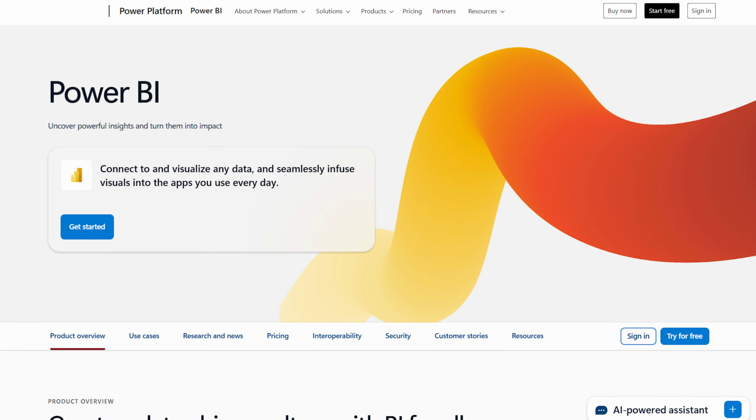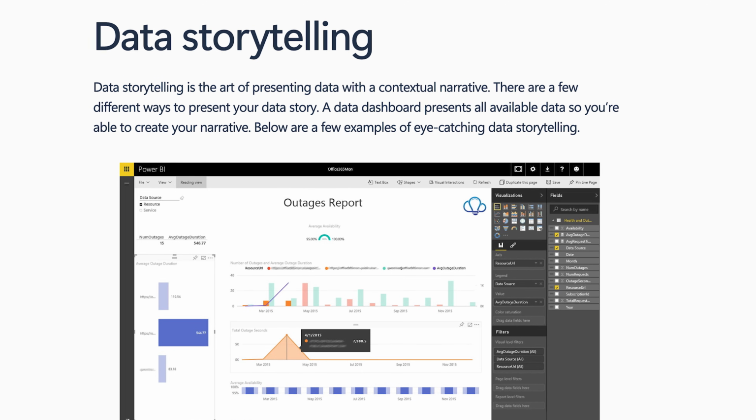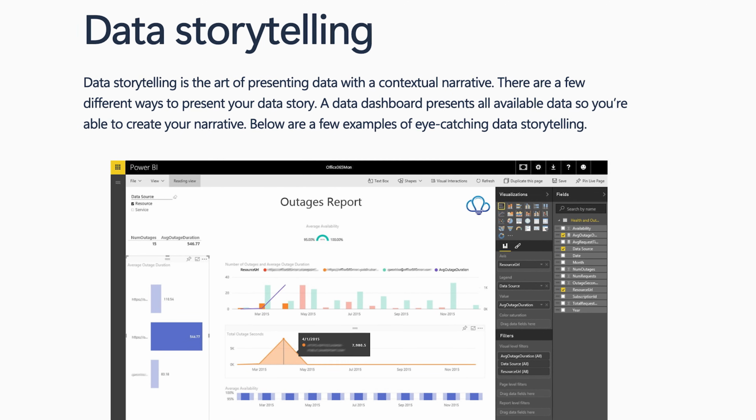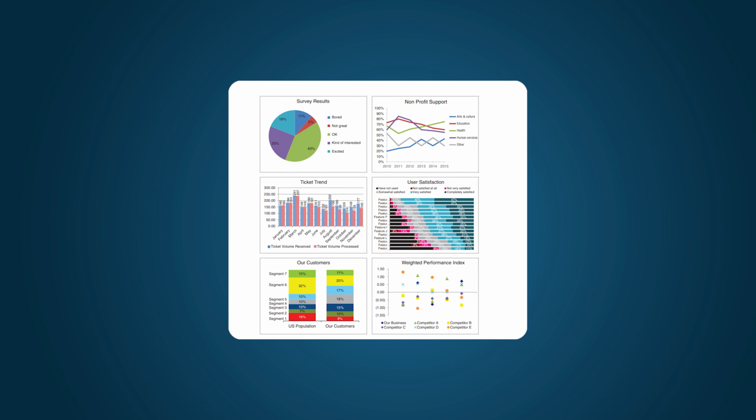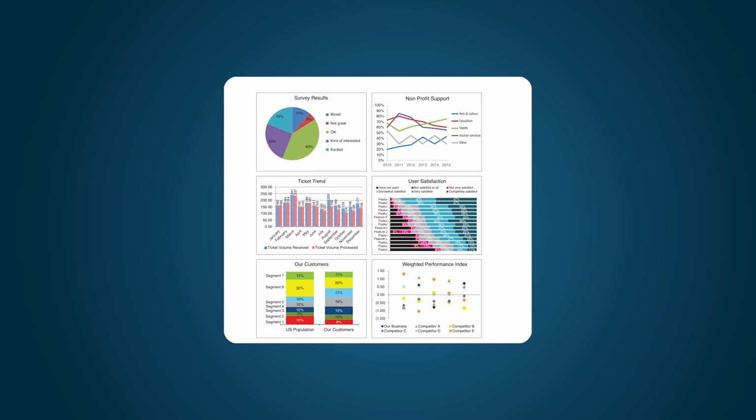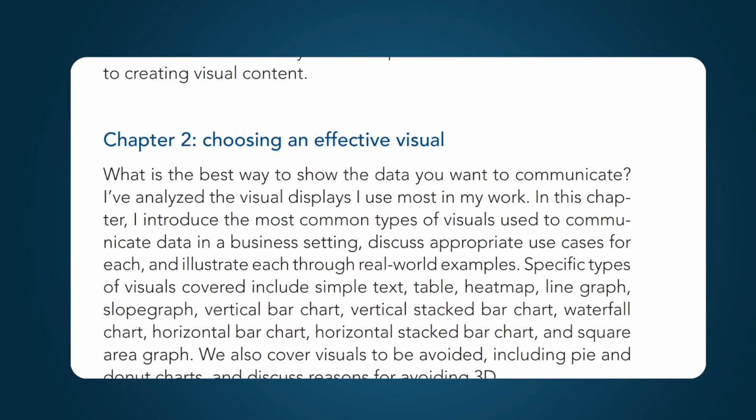This is something that I drill into my students before they even touch Tableau or Power BI. Data storytelling principles transfer across every tool, and if you can't even tell a story in Excel, you won't magically figure it out in fancier software. Storytelling actually takes longer to grasp than most technical skills. It requires feedback and constant exposure to new information. You can't just watch one tutorial and get it in a second.